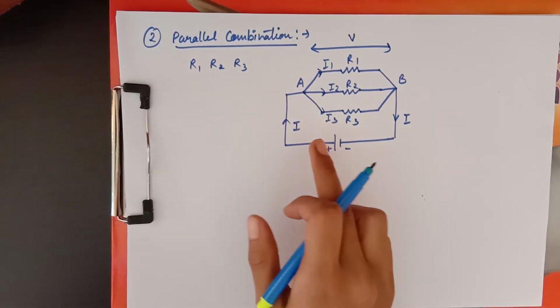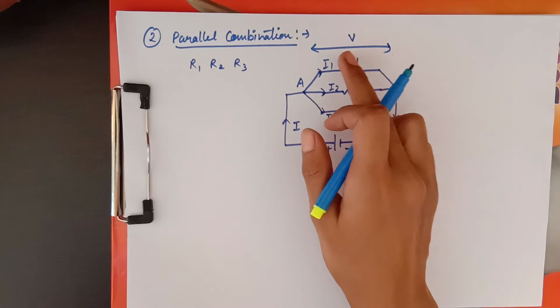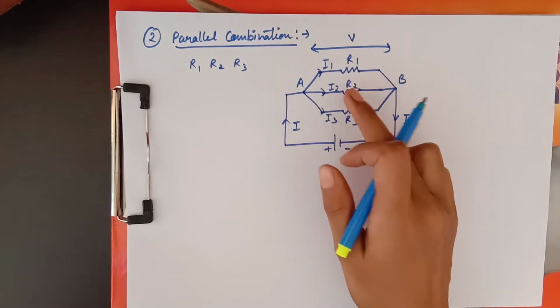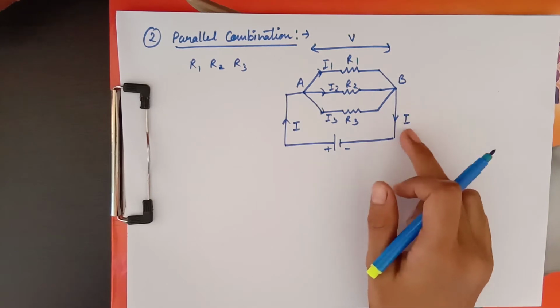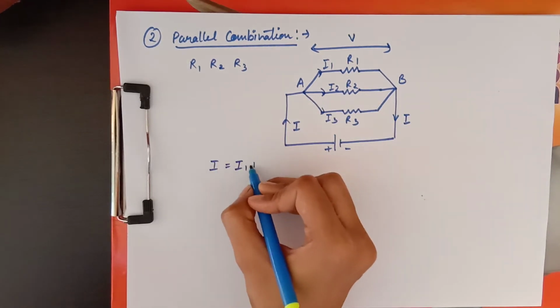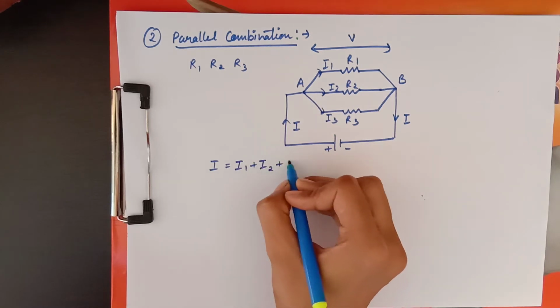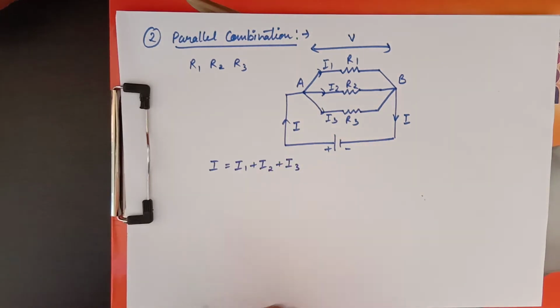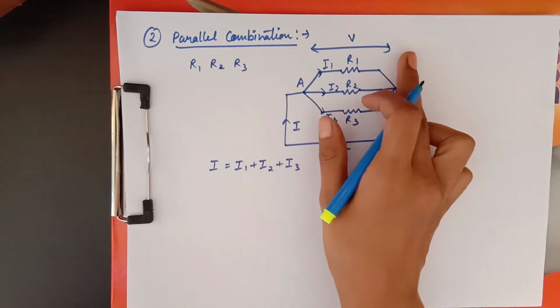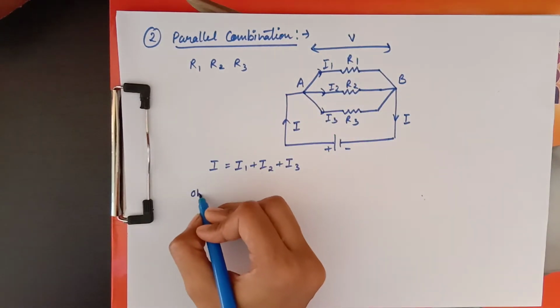The current I is divided into I1, I2 and I3, and at this point I1, I2, I3 combine and make I. So I can write I is equal to I1 plus I2 plus I3, and the potential difference for each resistor is V only. So Ohm's law